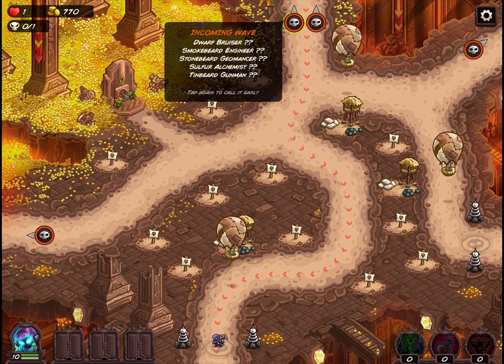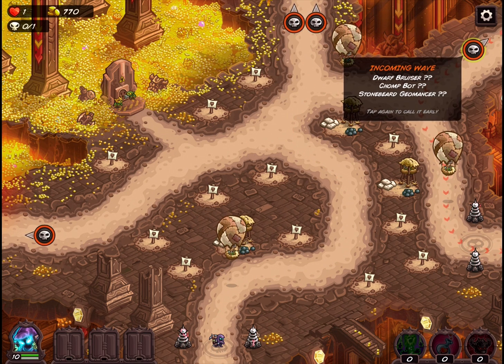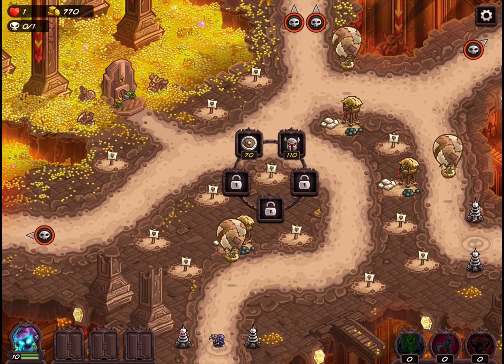We've got Dwarf Bruisers, Smokebeard Engineers, oh my god, all over the place. Geomancers, Alchemists, Tinbeards. Whoa, man. We got stuff all over the place. We got Bruisers, Chompbots, Stonebeard Engineers again. So what I'm going to do is I'm going to form...